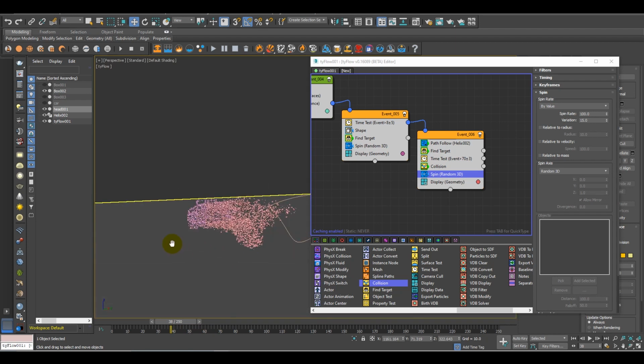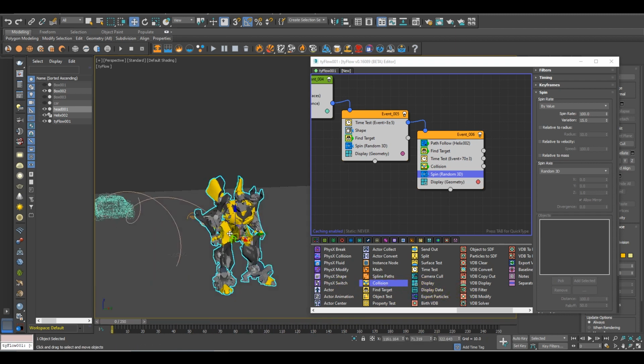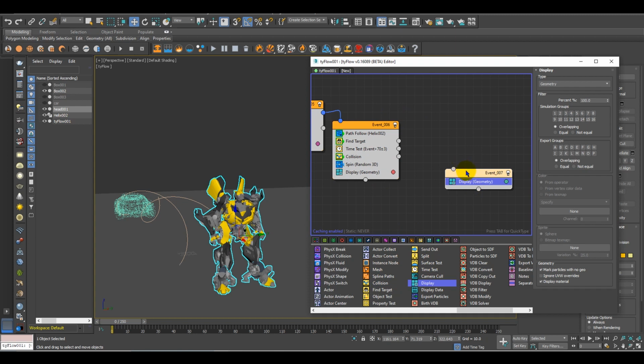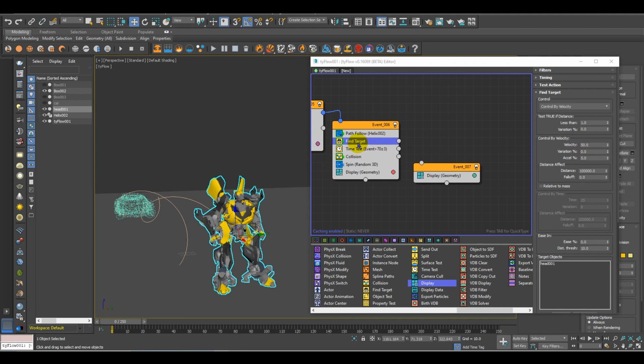So you would see it's going perfect, but I need this to get attracted, not have this type of twist. So just for lock to the object, what I have to do is take another display and over here drag it and change this to control by time, and in this drag it also just put the spin over here.